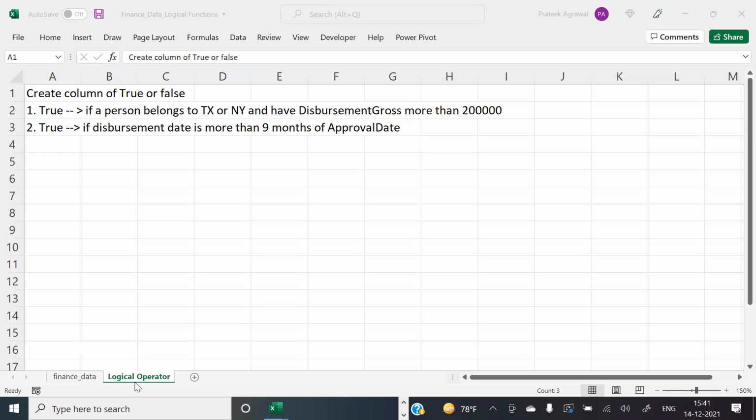Sanjeet, it's right, but just need to increase one 0 at the end. Vikar, it's correct. Financial data: I2 minus U2 greater than or. Okay, Pratibha, do we really need an OR function for the second one? How many logical tests do you have? Pratibha, how many logical tests do you have? You have only one. So if you have one condition, do you need AND OR?